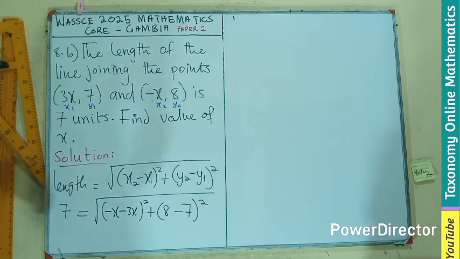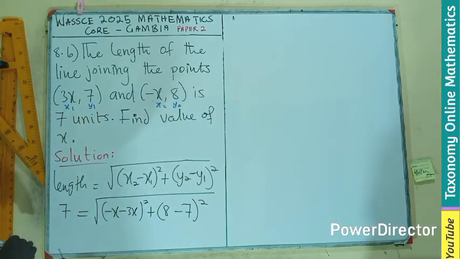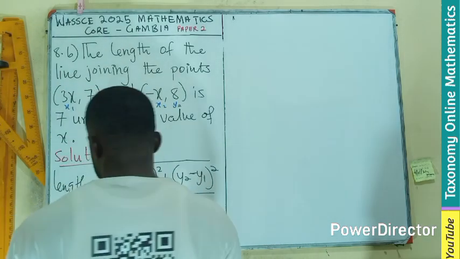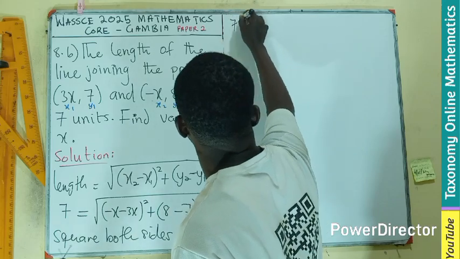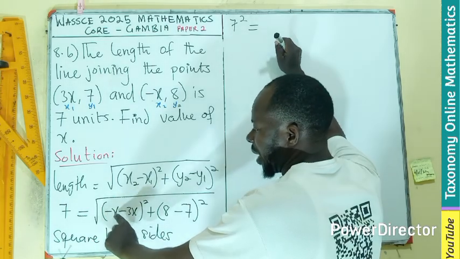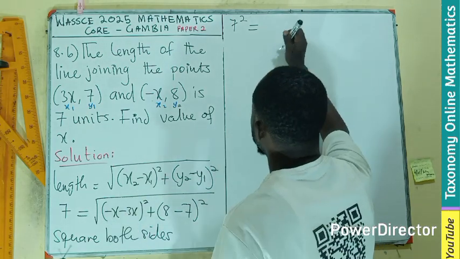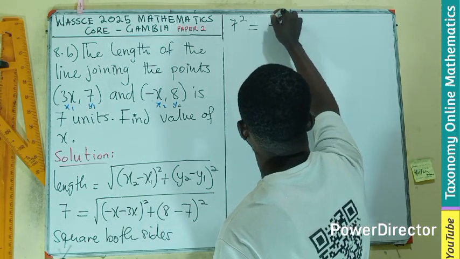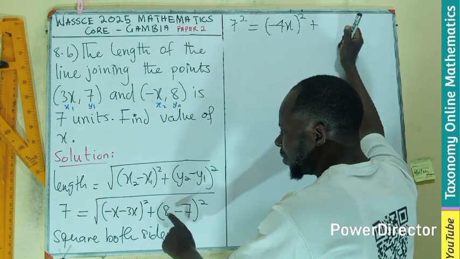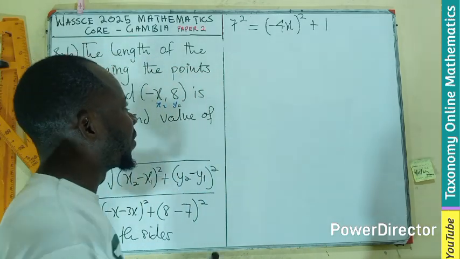What do we do later? We can see that we can work this under the square root or remove the square root completely. So if we remove the square root, let's just say square both sides. If we square both sides, it becomes 7 squared equals, in the case of this, minus x minus 3x. That is minus 1 minus 3, which gives minus 4. So minus 4x all squared plus 8 minus 7 is 1. 1 squared remains 1. The square of 7 is 49